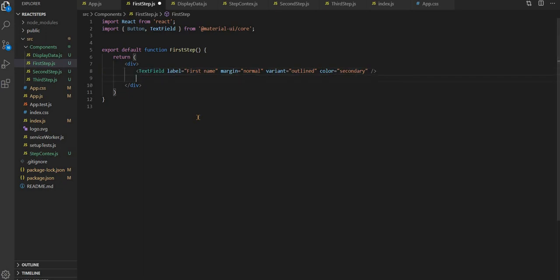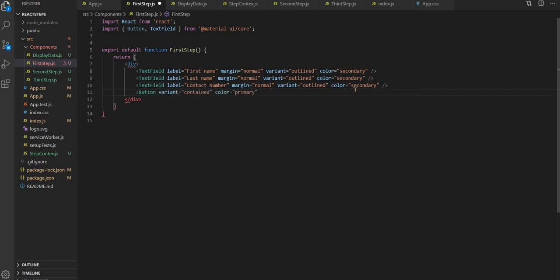So I'm just copy pasting, and the second one is last name, and the third one is contact number, and last one we have to bring the button, and that button is next.